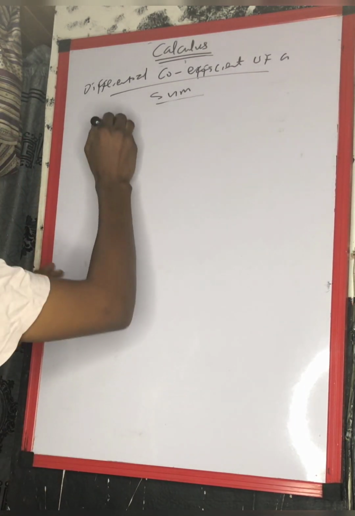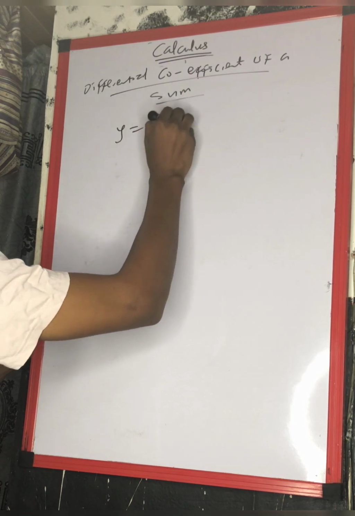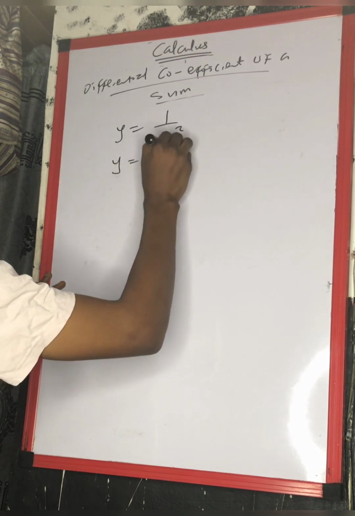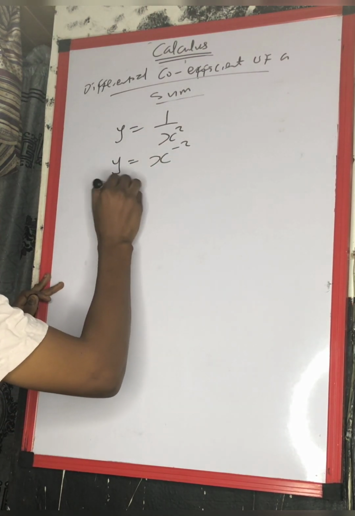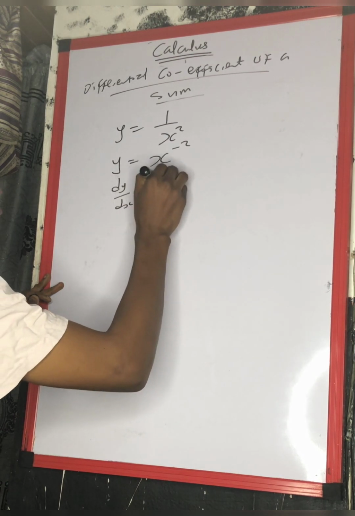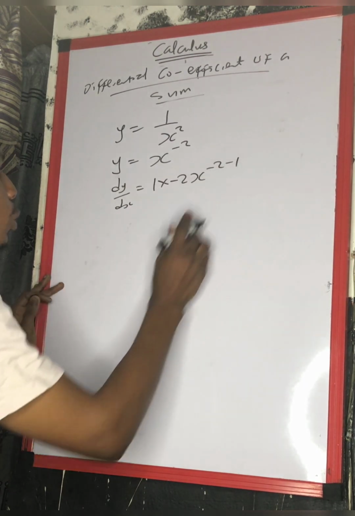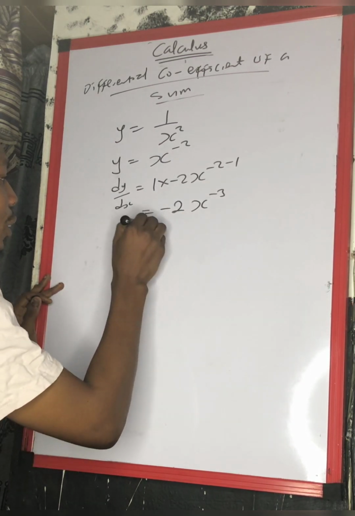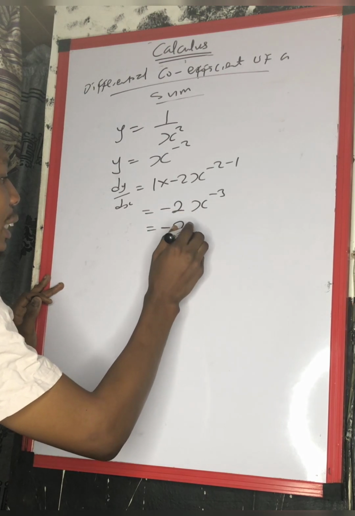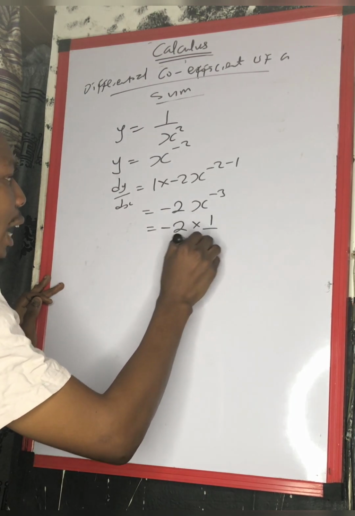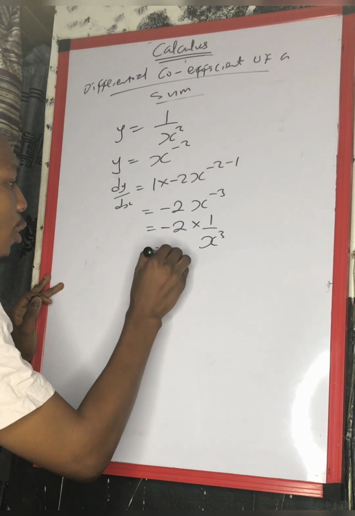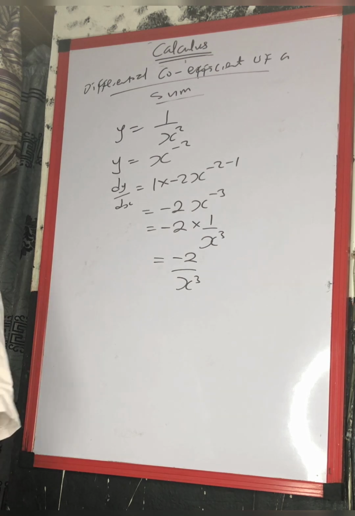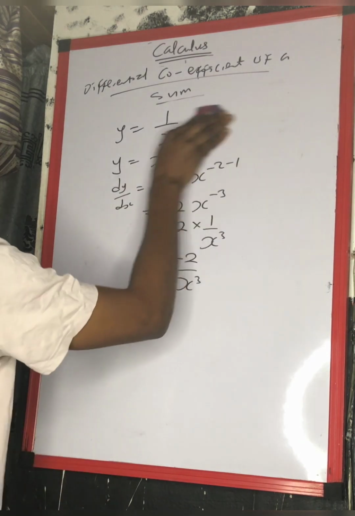So if you are given y equals 1 over x squared, this is y equals x^(-2). So dy/dx of it becomes 1 times minus 2 x^(-2-1), and 1 times minus 2 will give us minus 2x^(-3). So this is minus 2 times 1 all over x cubed, so we give minus 2 over x cubed. So that is our answer. Alright, for the next one,